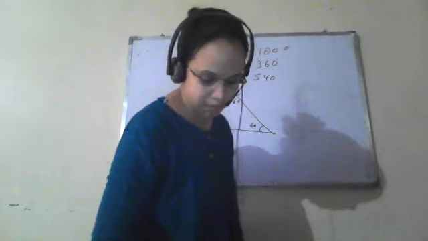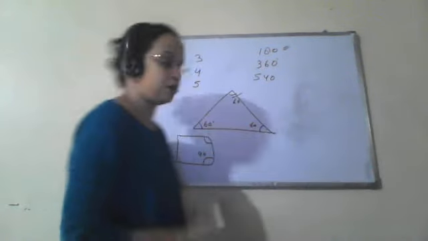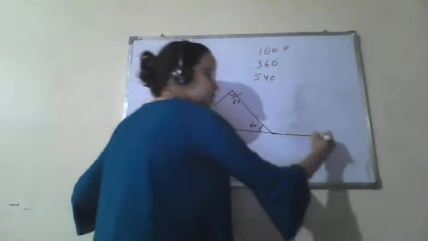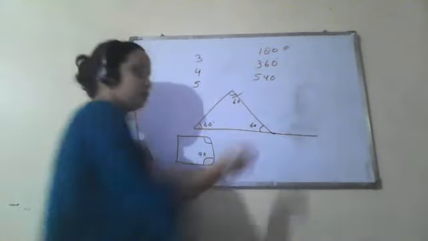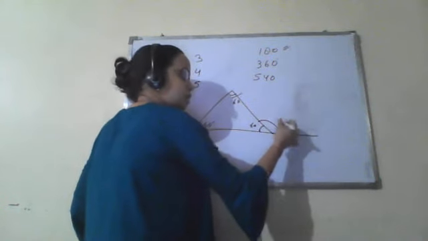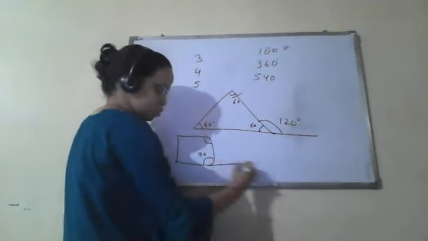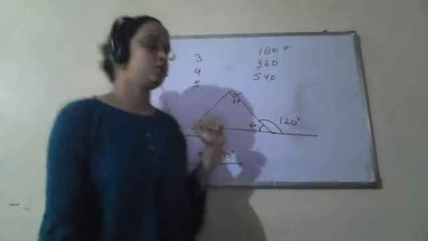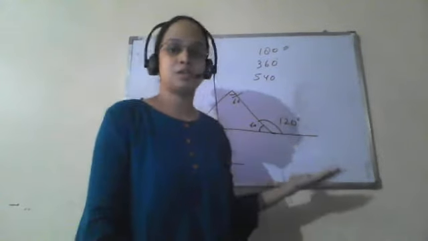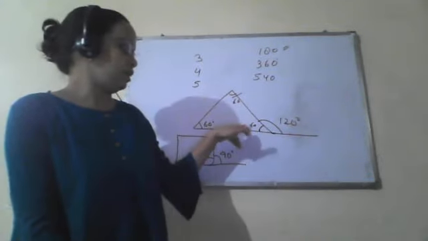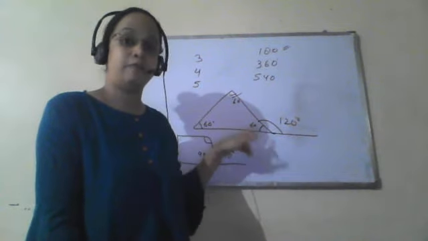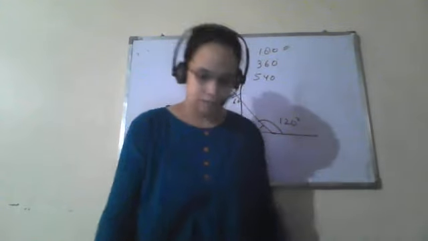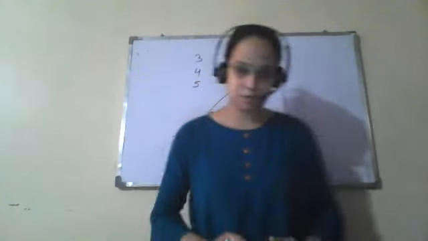Second part was, what is the maximum exterior angle possible for a regular polygon. Now, if the interior angle of a polygon is minimum, its exterior angle will have its maximum value. So if it is 60, its exterior angle will be 120 degrees. If we consider the case of a square, the exterior angle will be 90 degrees. So it can be concluded that as the number of sides of a polygon increases, the value of the interior angle will increase, whereas the value of the exterior angle will decrease. So this was all about the exterior angle properties.